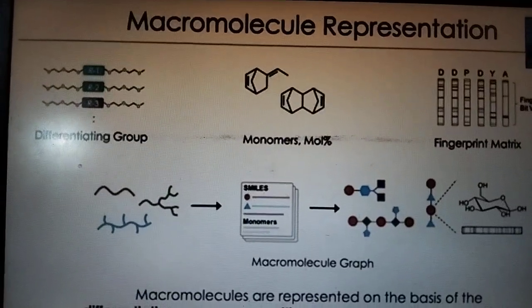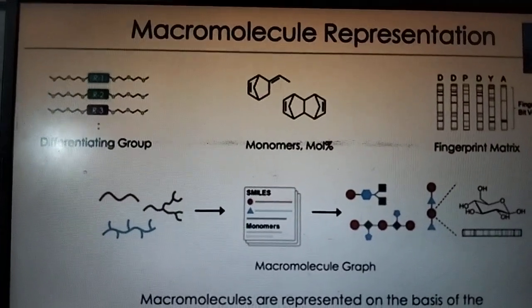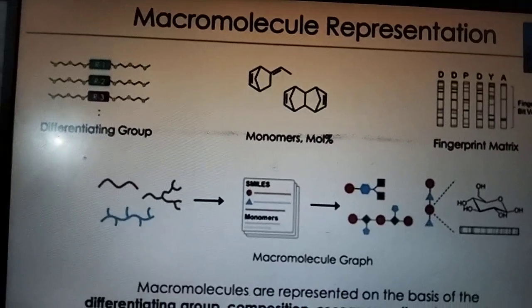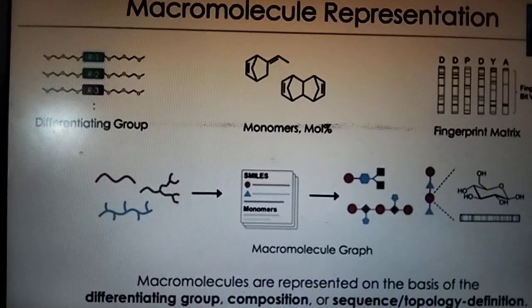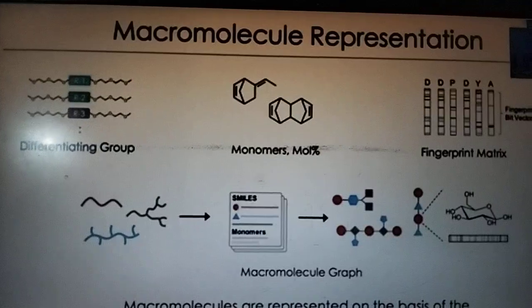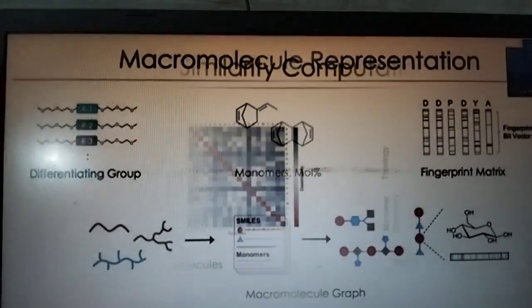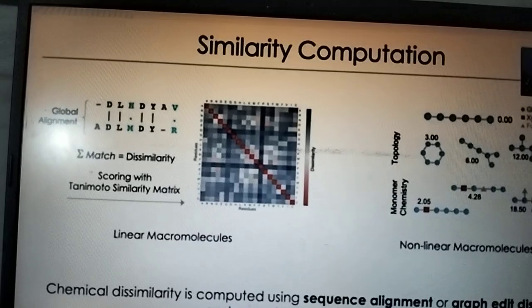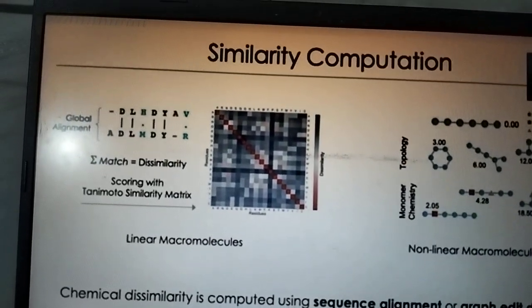So macromolecules are represented on the basis of the differentiating group, computation or sequence, and topology definition. So this is the macromolecule representation. Next one is the similarity computation. So this is the similarity computation of the linear